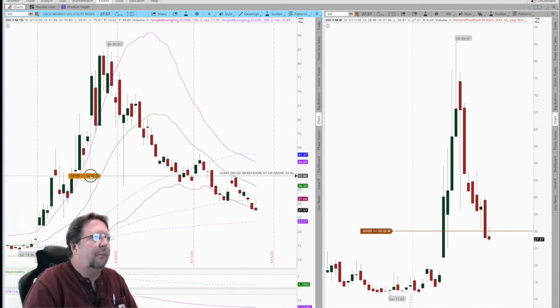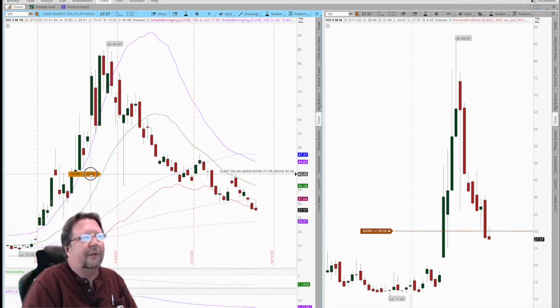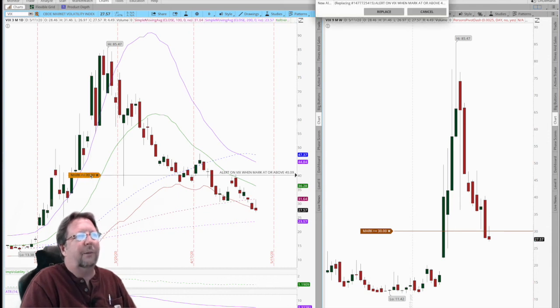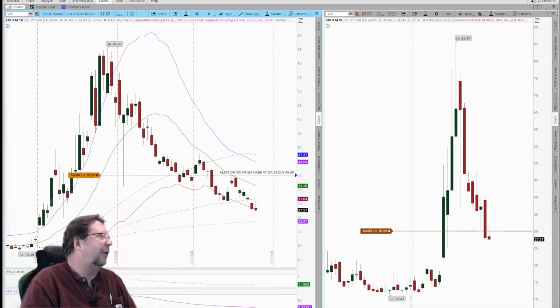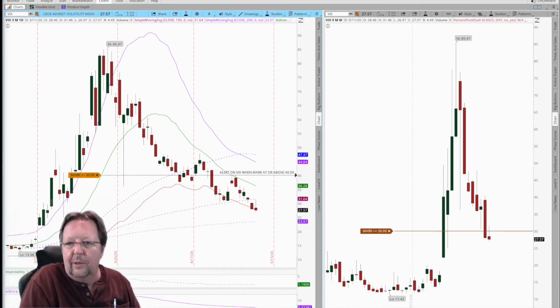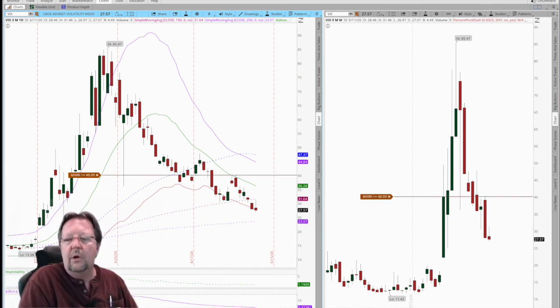I'm just going to push it up to 40 just based on the volatility in the market currently, just a little close to where price is right now. But we always want to have something in there to tell us when volatility is rising, and we want to look at that. So I'm just going to put that alert on there. So you might want to do that just to give you an idea of what's going on with